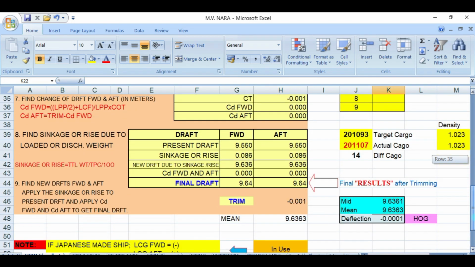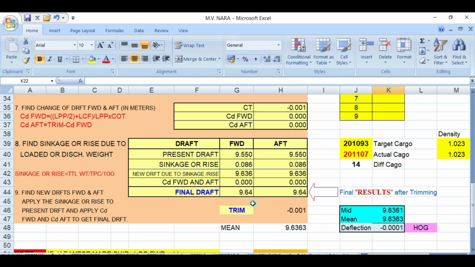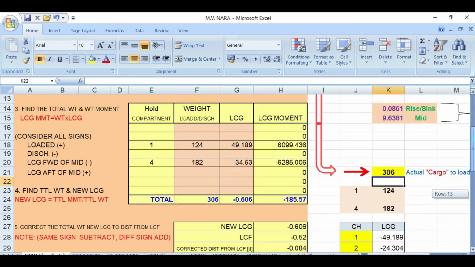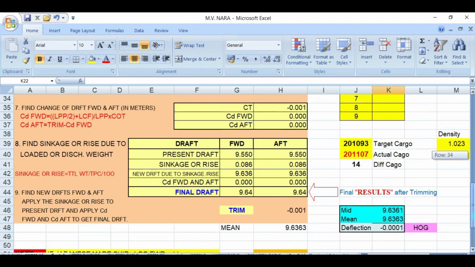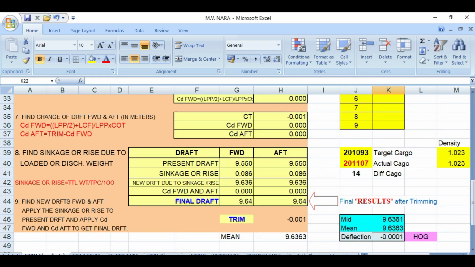And your final departure drop will be forward 9.64, and aft 9.64, and your trim is 0, and your main drop is 9.636, and your mid drop is 9.6361. So that is for even keel, no trim.